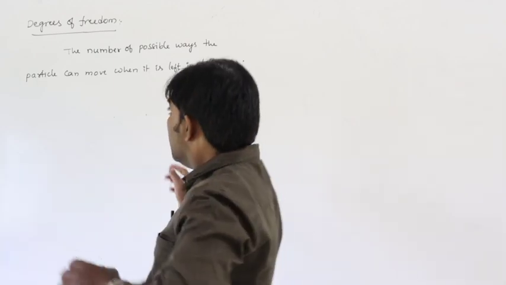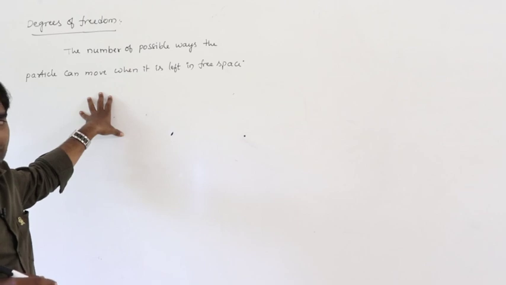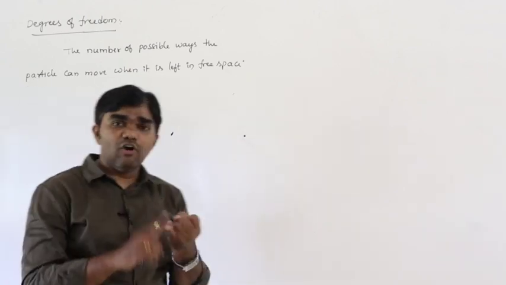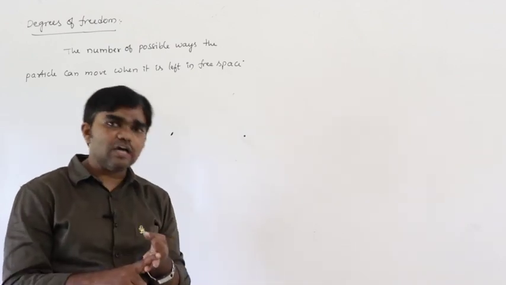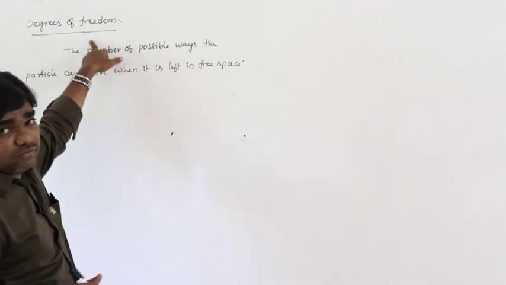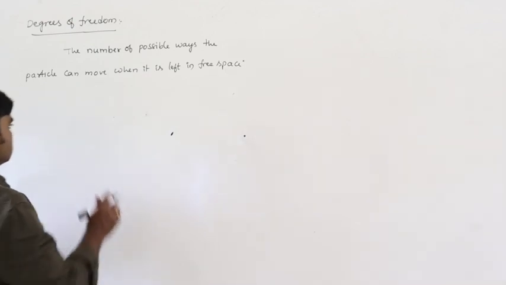So that means how many ways the particle can move when it is left in free space. For example, how many translational motions, how many rotational motions, how many oscillatory motions the particle has. The combination of these three is called degrees of freedom. See here, first